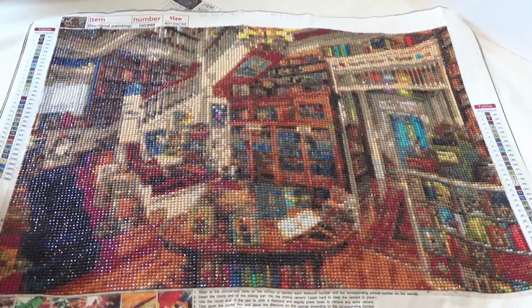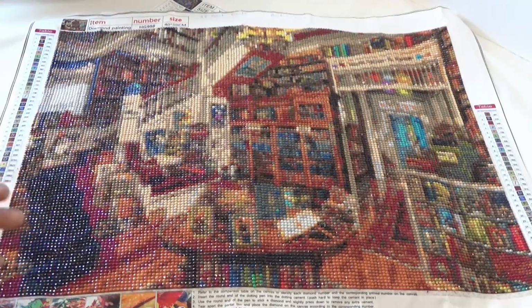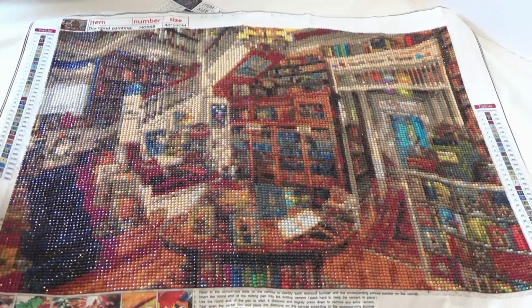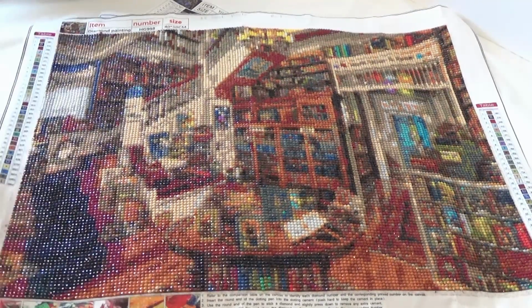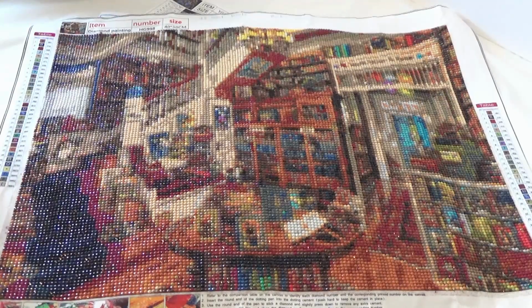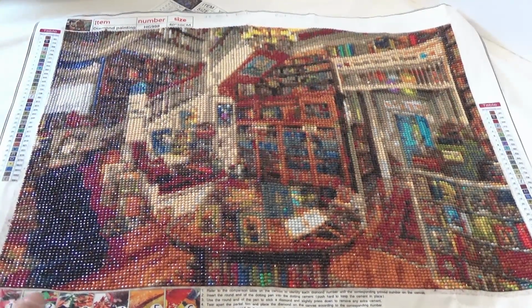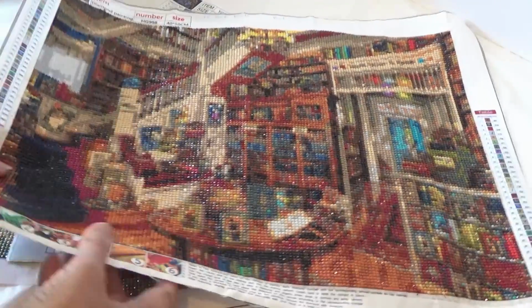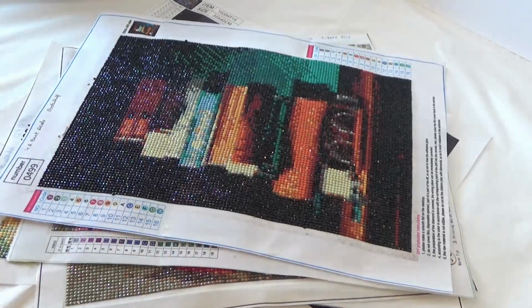It's nice and all, but if I would have gotten it in a larger size, maybe the details would have come out. Maybe if I stand away from it for a while, it would be clearer. I really love books and libraries and things like that, so that's why I have this. So you'll notice a theme in some of those because I really like the books. Okay, so another one that I can show you